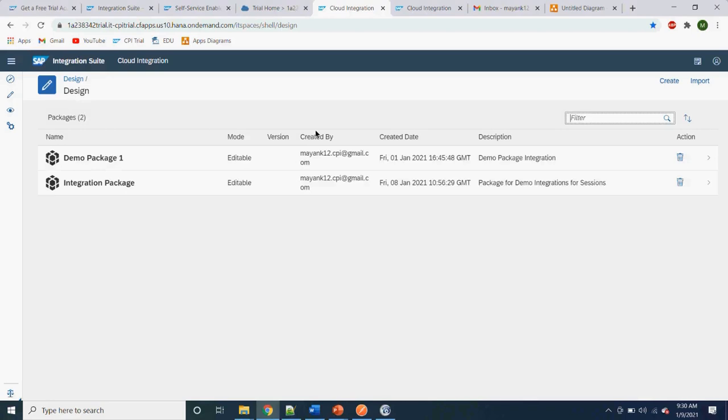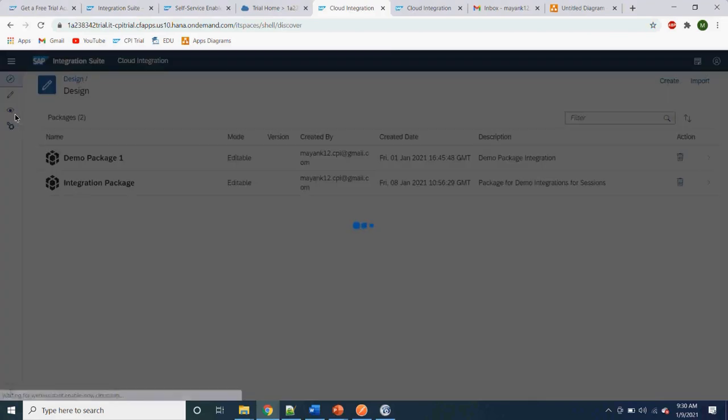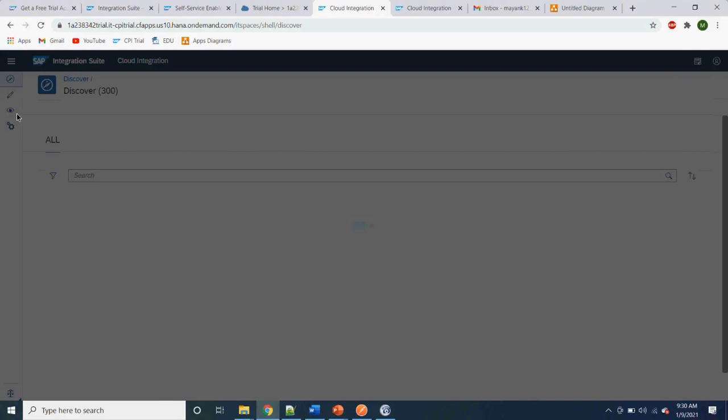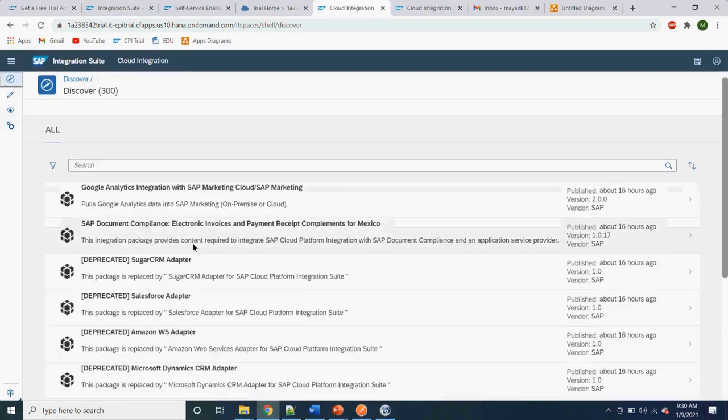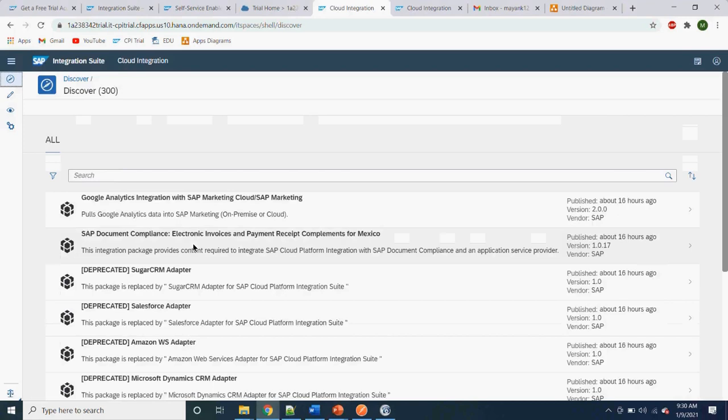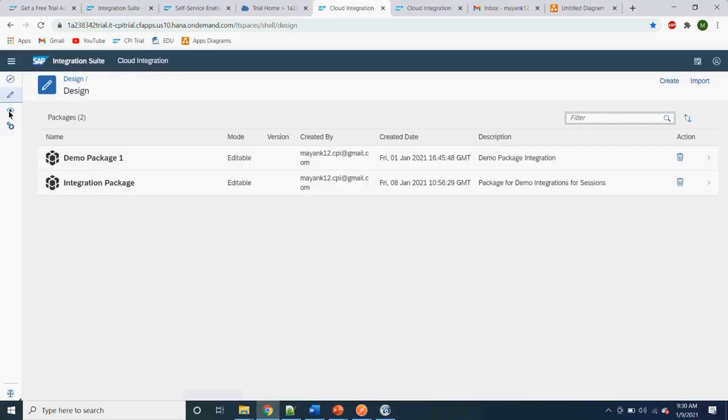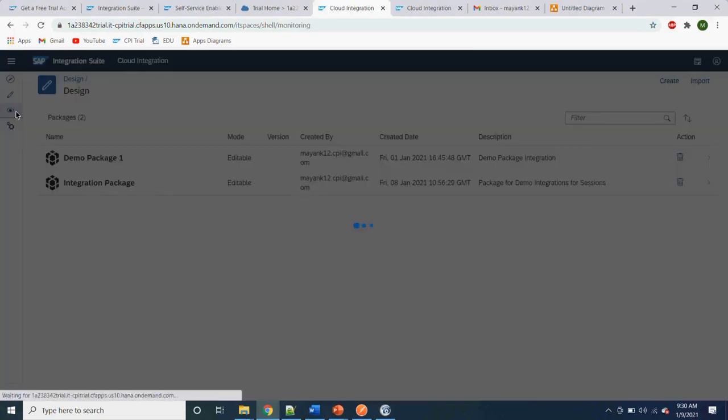So here, this is the web UI that we were talking about earlier. In this web UI, we have multiple options. We have the Discover tab, where we can find the pre-packaged integration content, that is, standard content provided by SAP. We have a Design tab, where we would be building our own integration scenarios. This is like our workspace where we can create our objects.